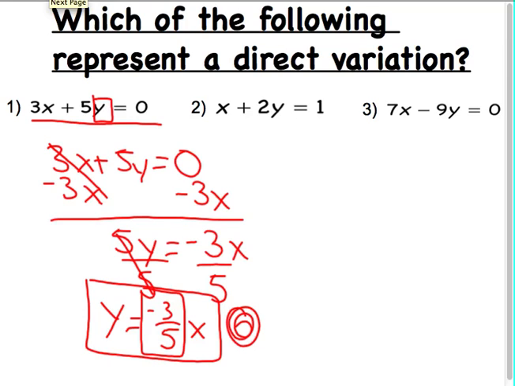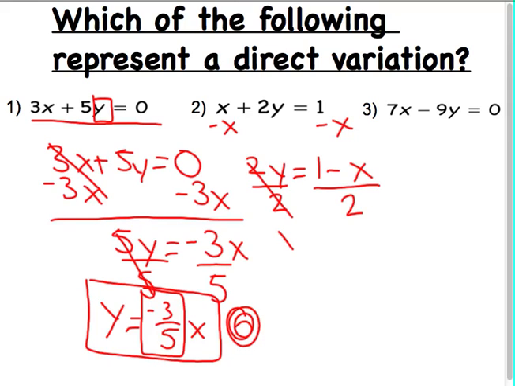Number 3 you can try by yourself. That is just like number 1. In number 2, we want to subtract x from both sides. So 2y equals 1 minus x. Wouldn't that just be negative 1x? They are not like terms. Oh, okay. So we cannot combine 1 and minus x. Yes. We can write it a different way. So we want to divide each side by 2. So this is 1/2 minus